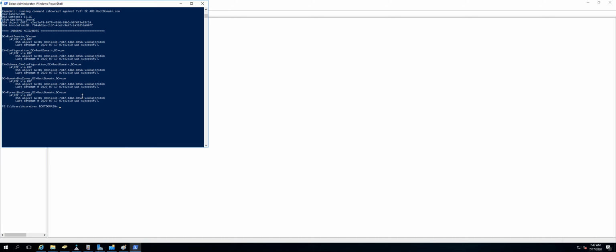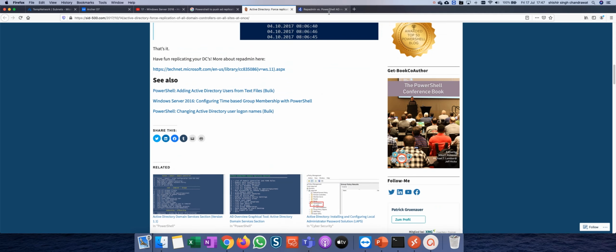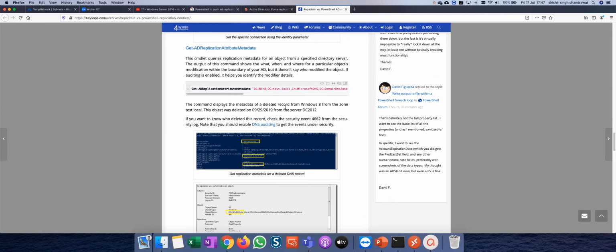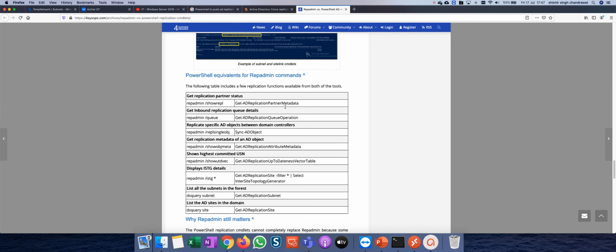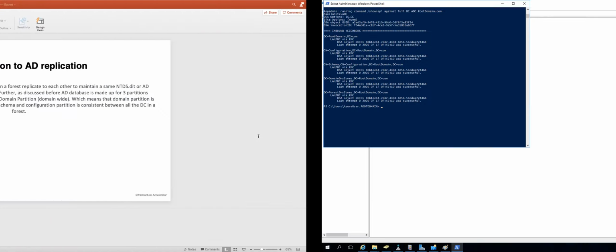Now PowerShell also has a lot of cmdlets which have come up, but I think we still use the AD command prompt modules quite a lot. But I found this article which is talking about various commands which are there. So repadmin /showrepl, you can do it with Get-ADReplicationPartnerMetadata. Repadmin /queue, you can do it with this. Repadmin /showobjmeta for a single object. Again, see, these are various commands and things which are available,